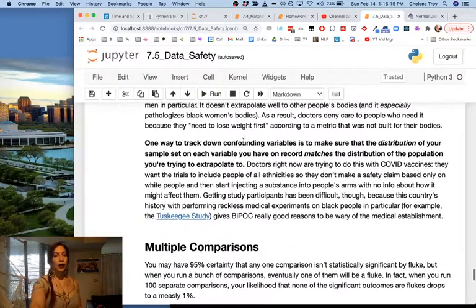One way to track down confounding variables is to make sure that the distribution of your sample set on each variable you have on record matches the distribution of the population you're trying to extrapolate to. Doctors right now, for example, are trying to ensure that the distribution of their study participants for COVID vaccine trials matches the distribution of people in the broader world who will get the vaccine. That is, in particular, they want the trials to include people of all ethnicities, so they don't make a safety claim based only on white people and then start injecting a substance into people's arms with no information about how